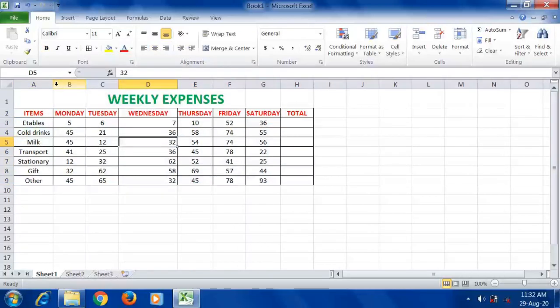In this way you can enter the data in Microsoft Excel. If you want to move down, use the down arrow key. If you want to move to the right side, use the right arrow key. If you want to move backward, use the back arrow key, or if you want to take it down, you can press enter also. This is a way to enter the data in an Excel sheet. I hope you have understood these points: one is how to move around in a spreadsheet, and second is how to enter the data in Excel. Okay, thank you for watching.